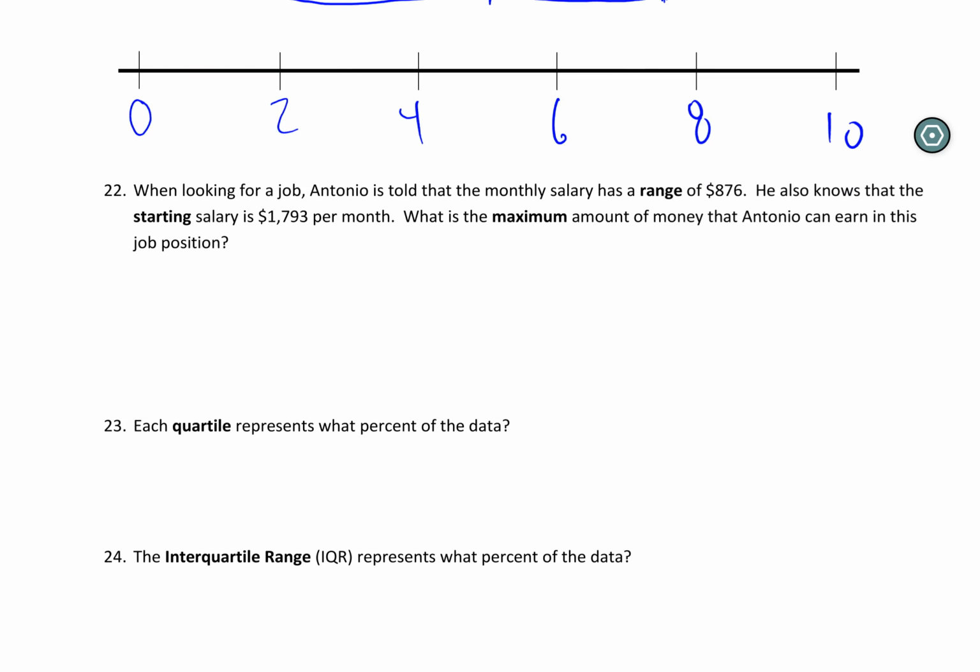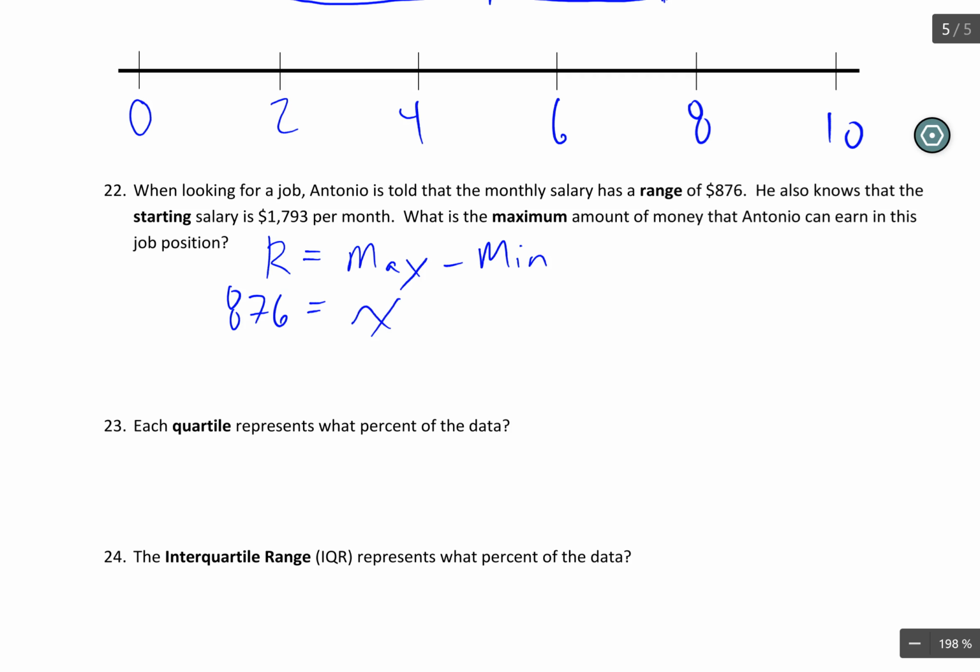Almost done. All right, so when looking for a job, Antonio was told that the monthly salary has a range of $876. He also knows that the starting salary is $1,793 per month. What is the maximum amount of money that he can earn in his job position? So I know my range is my maximum minus my minimum. So I wrote down my equation, substitute what I know. Well, I do know range is 876. My maximum I don't know, so I'm just going to call that X,